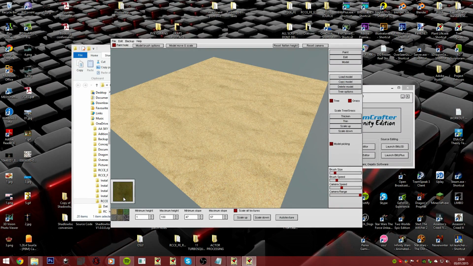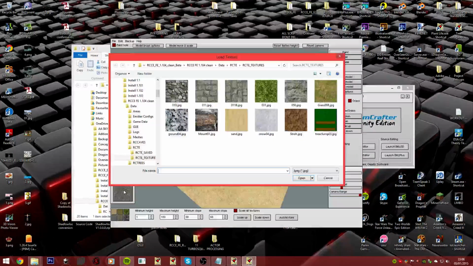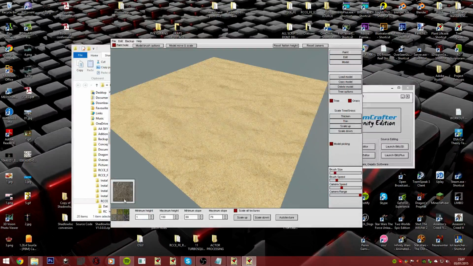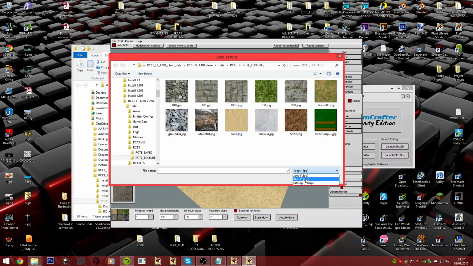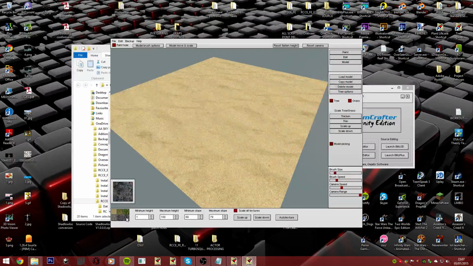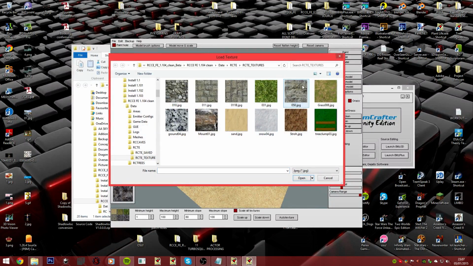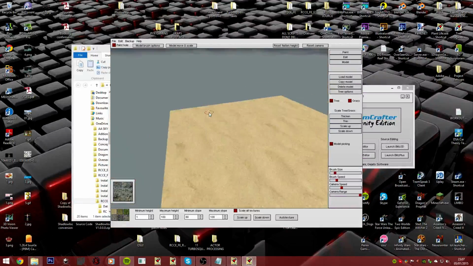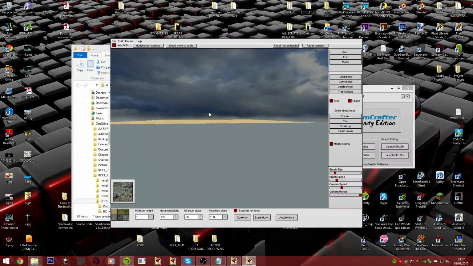Next up, on the next two, I personally recommend putting some form of grass on there. Those look decent. You've also got the choice of JPEG or PNG for textures. You can just throw those into a folder somewhere and open them up. Last two. What do we got? That looks ishy. That one. Right, so at the moment all we've got is a square of sand which is completely flat and